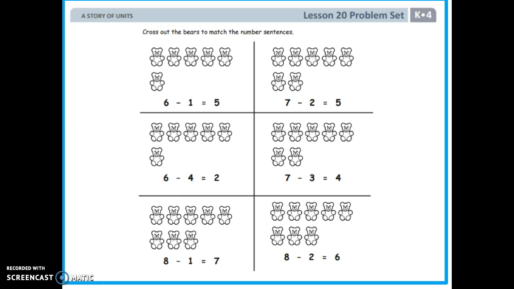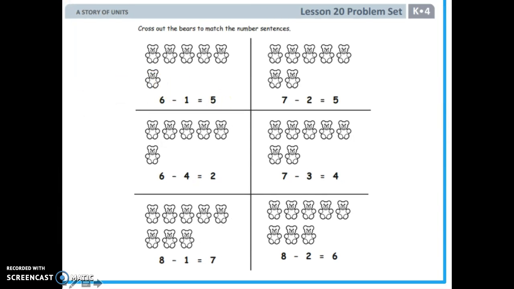Now on this page, you're going to be trying the cross-out method on your own. So you need to read this number sentence and then cross off how many it says until you get the answer. So this one says 6 take away 1 equals 5. So what I'm going to do is I'm going to cross off one of the bears like it told me. So I had 1, 2, 3, 4, 5, 6